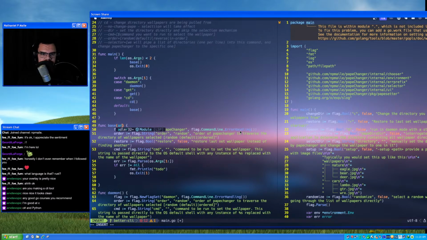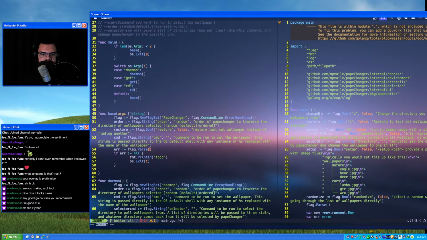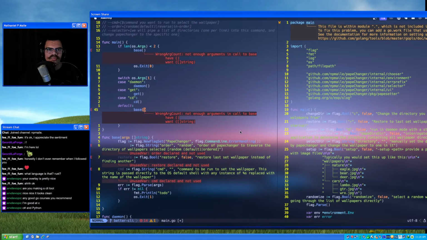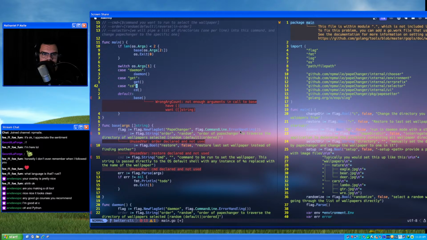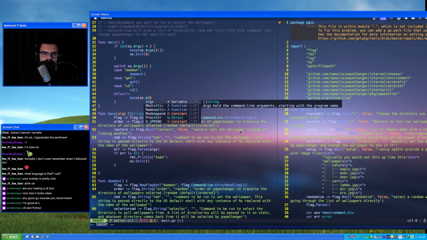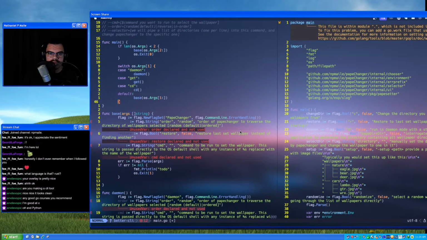So I'll just say args, which is a slice of strings, and then we'll flag.Parse(args), and then we'll call this one with os.Args[2:] and this other one we'll parse with os.Args[1:]. There we go. So that's better.